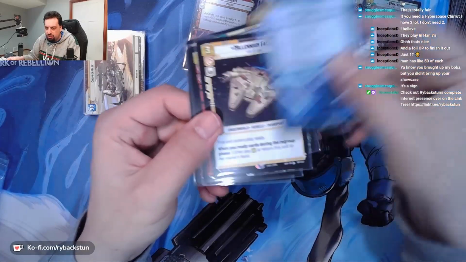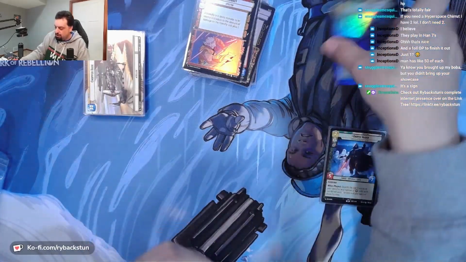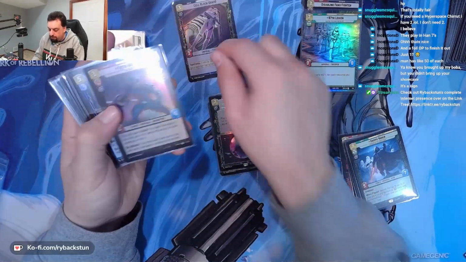But going over the really good cards that we got, like I said, we got our Darth Vader, we got a Vigilance, we got a Millennium Falcon, we got a foil Aggression and a regular Aggression. Excellent, excellent legendaries. Our hyper foils, not as many as some of the other boxes, but the Vigilant Honor Guards, the Disabling Fang Fighter, and the 97th Legion. Foil wise, Cell Block Guard, Fifth Brother,